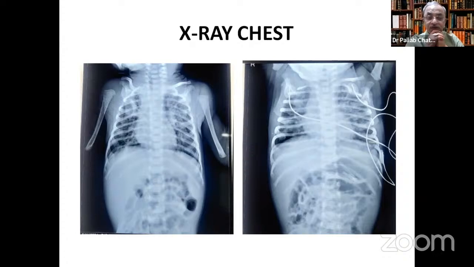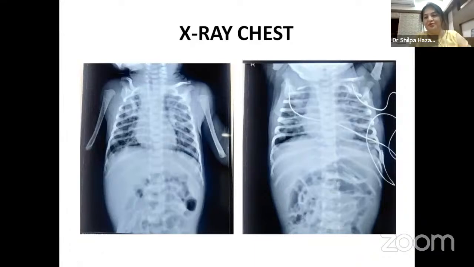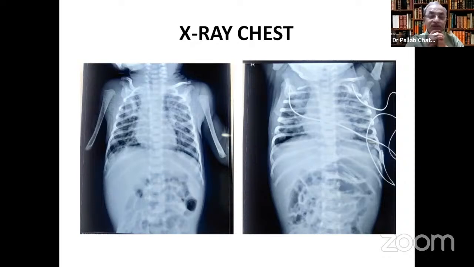But other than that, why this child? You mean to say that the child had improved clinically by the time of the second x-ray? Yes, sir. So the child had improved. It is just that the aspiration becomes more prominent later on, over a period of time. So yes, the radiological evidence comes up later. That is how this is happening. Sir, any other comment?